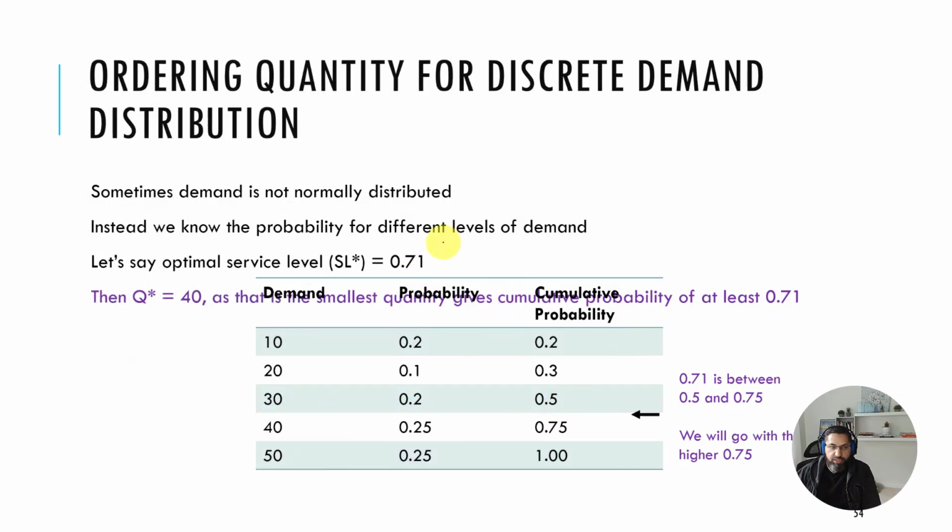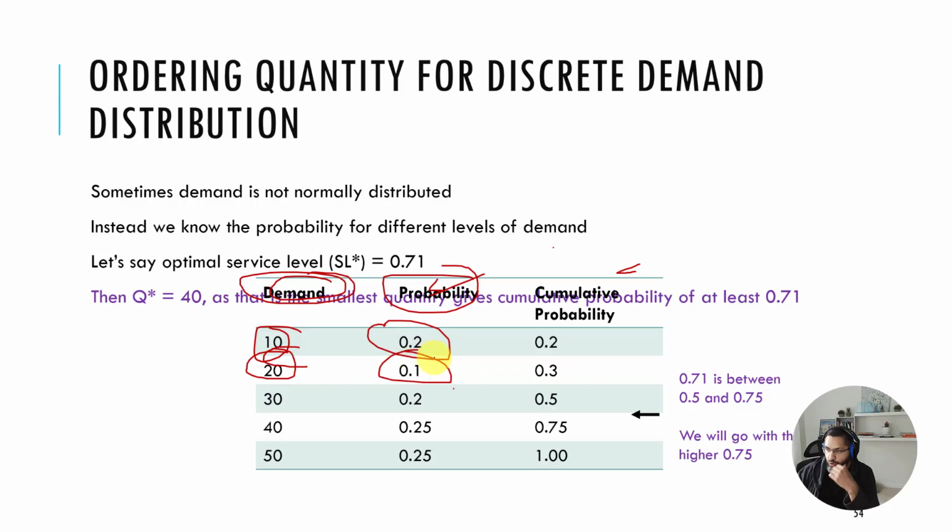Sometimes you're not given a normal distribution for the demand. In that case, we are given the probability distribution, the probability of different values of demand. So demand is 10 with a probability of 0.2, demand is 20 with a probability of 0.1, and so on. So if that is the case,